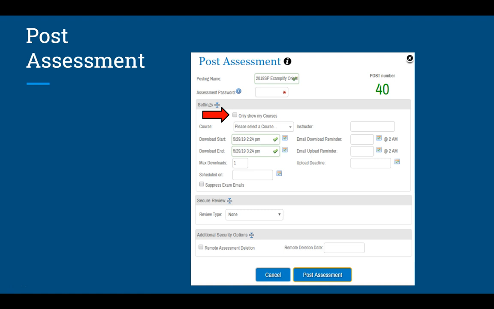It is organized alphabetically by the name of the class, not the number of the class. So the next thing you want to do is specify the window over which your students will have access to the download file. The download start time is not nearly as important as the end time. So you can leave the start time as is, and what the system will do is it will just choose